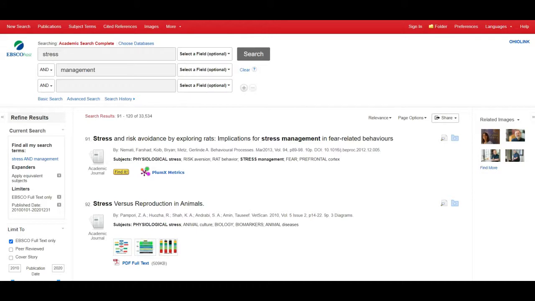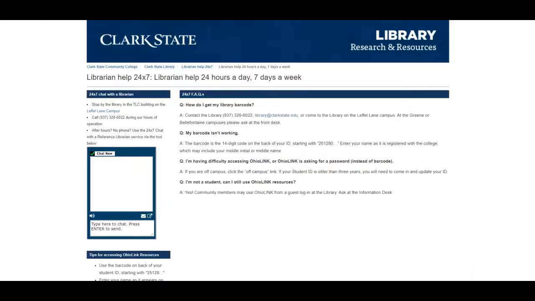Other times when you click this, you'll get an error message. If that happens, you can do one of two things. You can either just go look for another source, one that you have full access to, or you can contact the library to give them all of the source information, author, title, date, and so on, and they may be able to access it elsewhere. Usually, though, the easiest way is to just find another source.